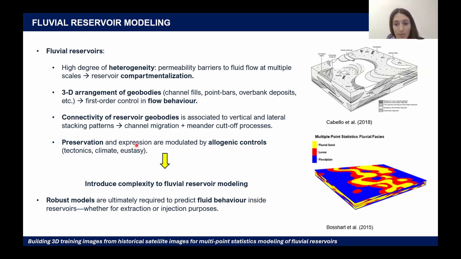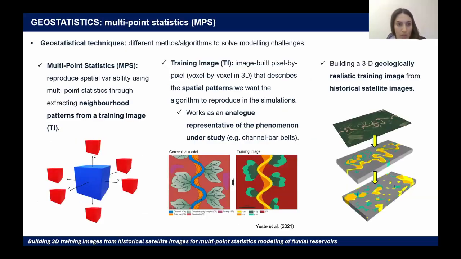Whereas the scale, preservation, and expression are modulated by allogenic controls such as tectonics, climate, and eustasy. All of this introduces complexity when it comes to fluvial reservoir modeling, and for this reason, it's particularly challenging. The goal in reservoir modeling is to predict the fluid behavior inside the reservoir, and for this reason, robust models are required. Geostatistical techniques are designed to tackle this challenge, and there are several different methods or algorithms, but in this study, we have been working with multiple point statistics. These methods quantify